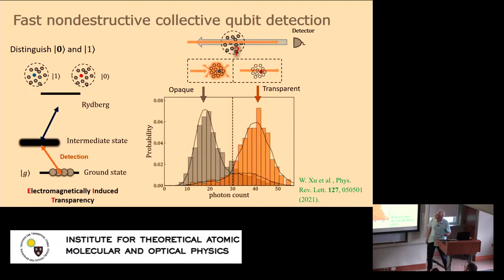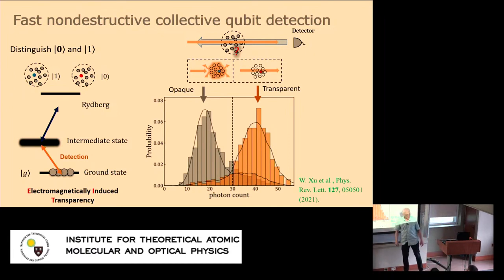But in short, we measure the transmission and plot the photon histograms through the ensemble. We can either not prepare an atom in this Rydberg prime state, and we see some photon count rate, in this case, for instance, 40 photons. This was taken in just 6 microseconds. And then in the presence of a Rydberg atom, we see a shifted, much lower transmission, a little bit less than an average of 20 photon counts detected. These histograms are very clearly separated. However, you see here some tail.